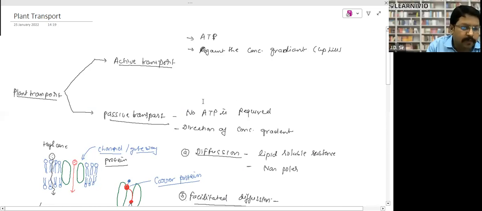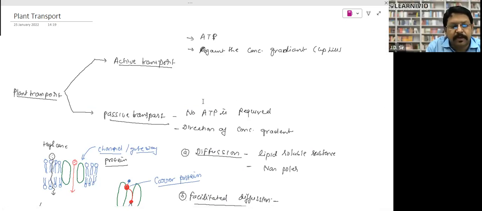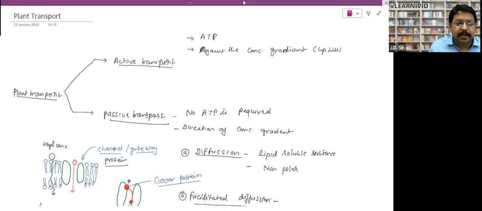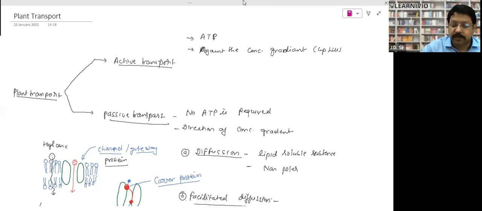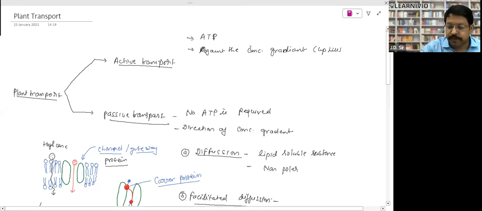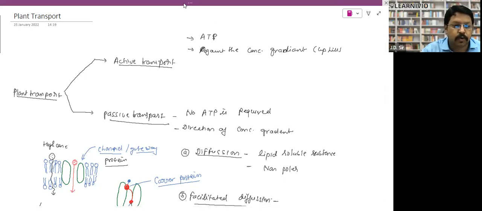The energy is not required, right? And this transport takes place in the direction of concentration gradient. So what is the direction of concentration gradient? Normally the direction of concentration gradient is from the high concentration to low concentration. So when the movement of molecules takes place from the high concentration to low concentration, we call that the transport